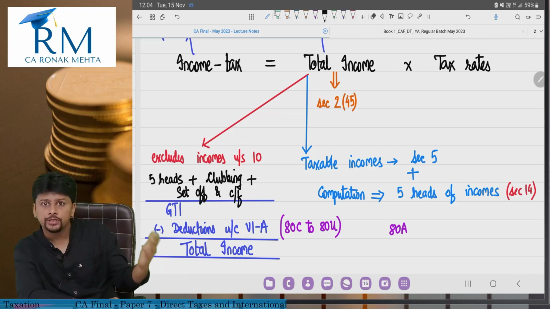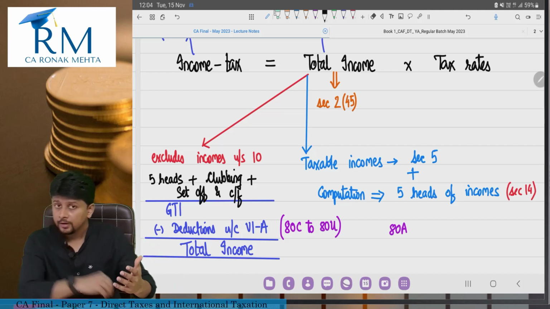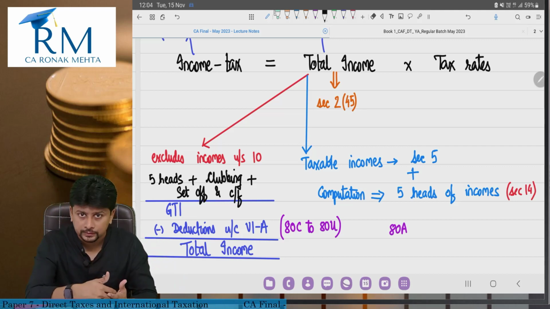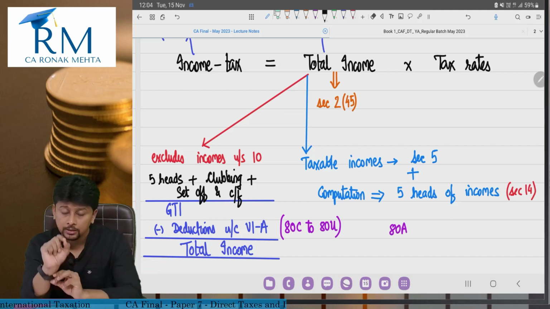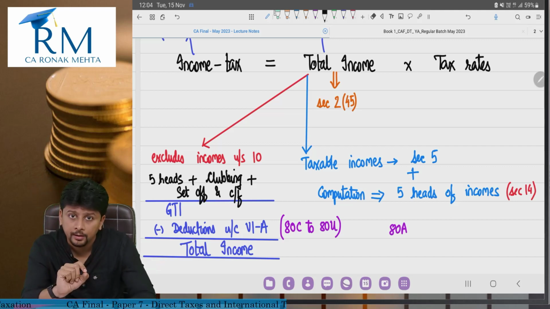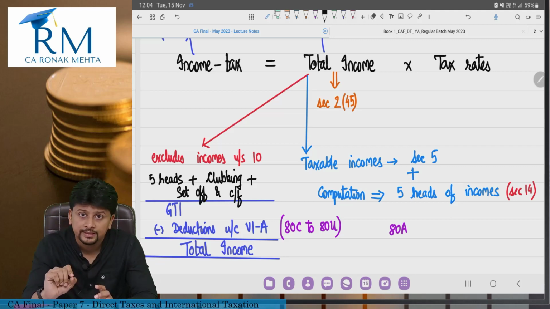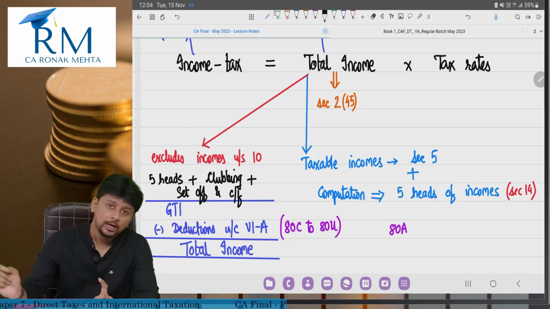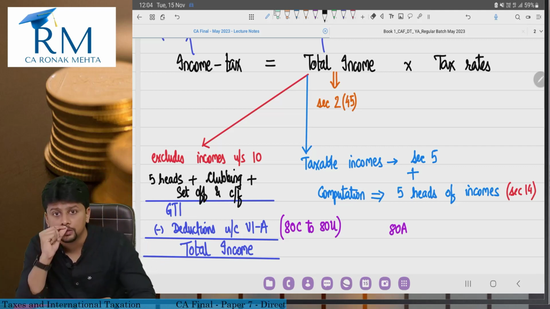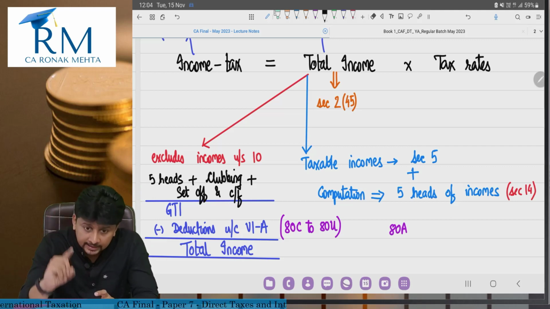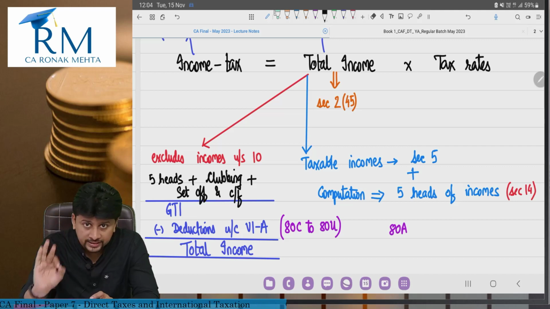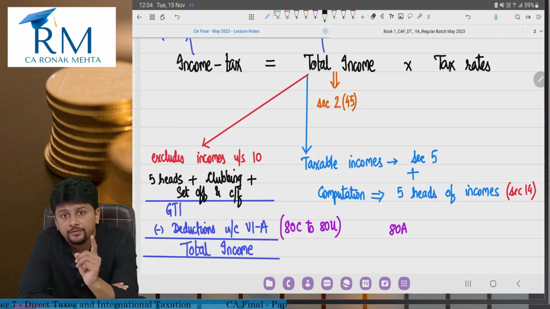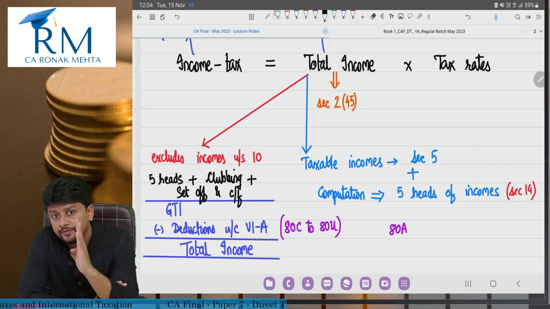So in future when you earn profits, first you set off this loss and then on the balance profit you pay tax. So there are rules and regulations created to allow the assessee to set off the loss, to allow the assessee to carry forward the loss. Set off and carry forward is also a process that an assessee will have to do